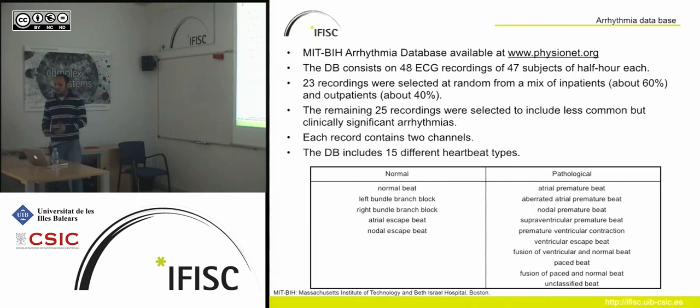It depends how strong the blockage is. It can be considered pathological or normal. In some cases, or in most of the cases, it's considered normal. However, if any other pathology appears, then this one is going to pass to the other part, and it will be a pathological case for that particular person. As you see, it depends on the person that you are studying, whether some particular illnesses are considered pathological or not.